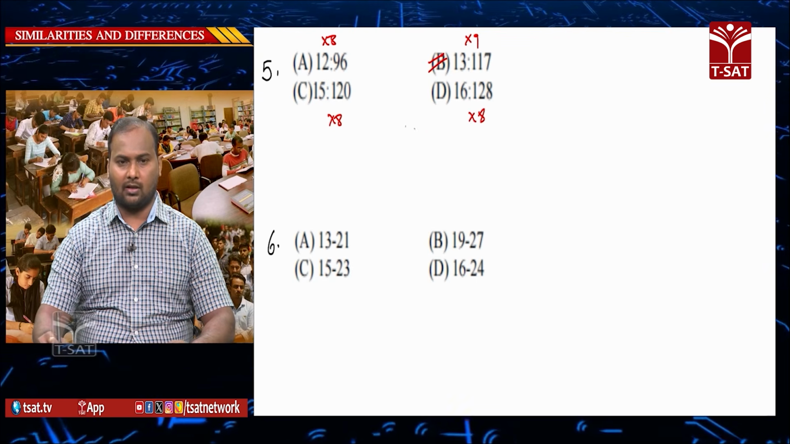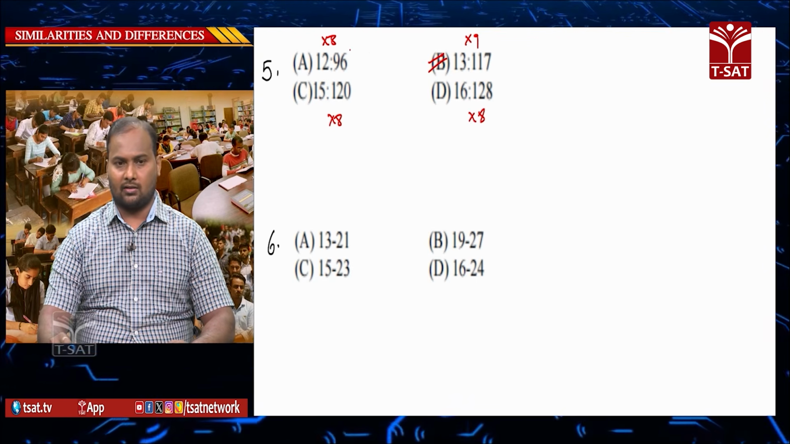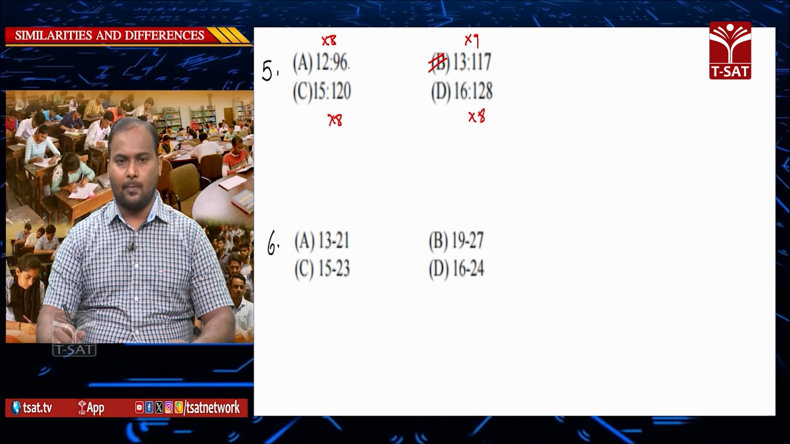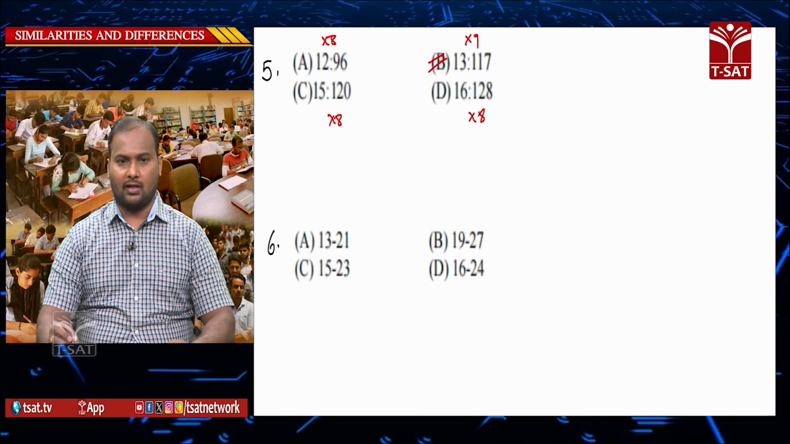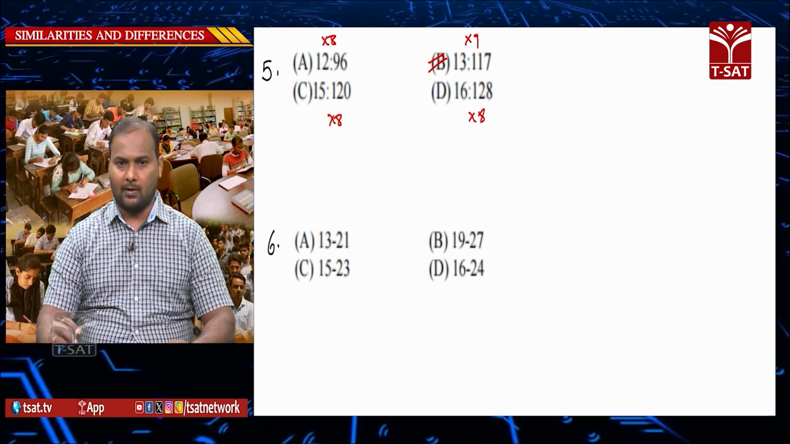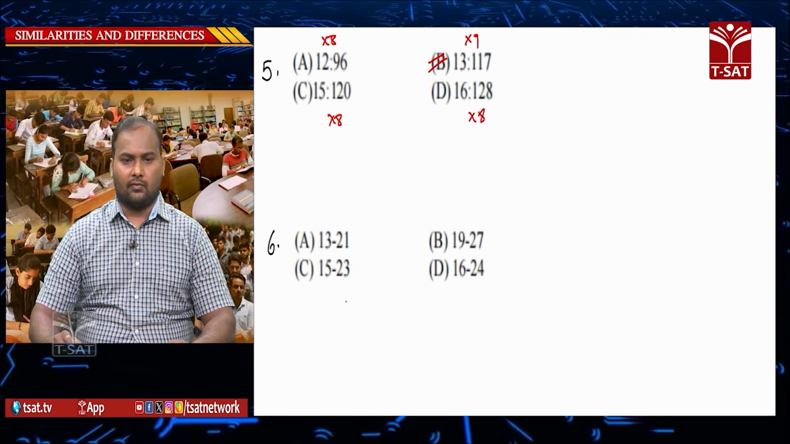What is the similar thing in the remaining 3 cases? The similarity is that in 3 cases, everything is multiplied by 8. And what is the different one? The different one is option B, because it is multiplied by 9. If you see the next question,